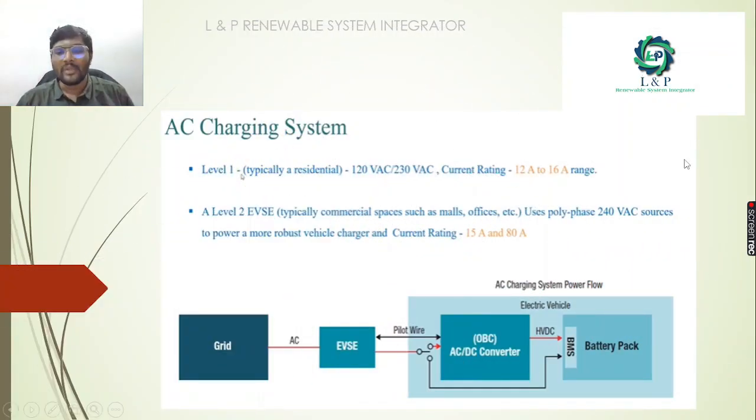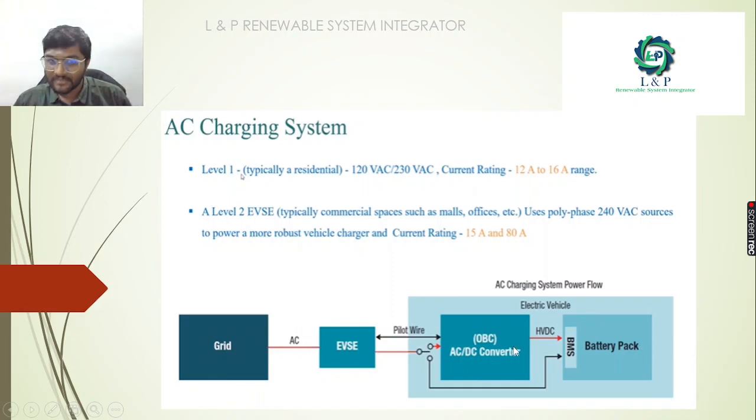Typically, consider this as the AC charging system power flow. We have a battery pack, and we have a BMS inside it. See here, this is the electric vehicle storage, and we have a grid. From the grid we are getting AC power. Through the pilot wire, the electric vehicle is communicating with our AC charging system. If the switch is closed, the entire charge will go to the battery through the AC to